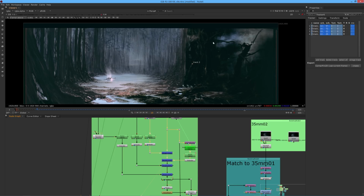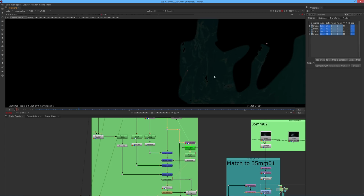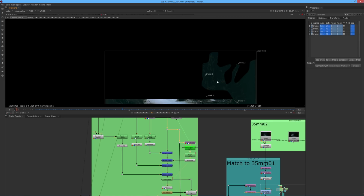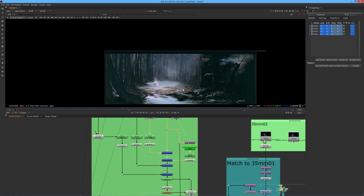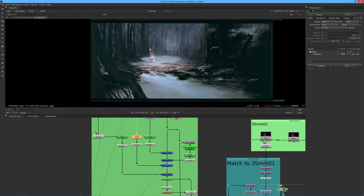So now I put this part over there, then I put this part over my plate, and as you can see, thanks to the corner pin, it's got all the gate weave still in it. And I put this over my previous step, and this helped get rid of all the dirt in that area. Now the next step is just this